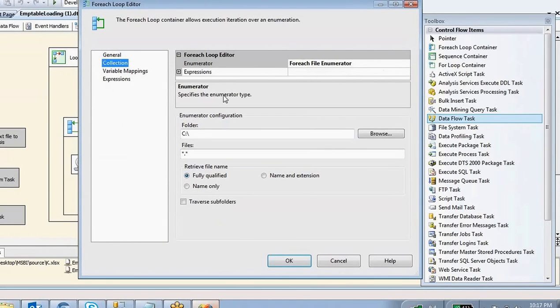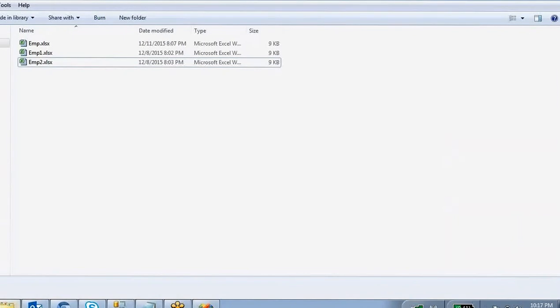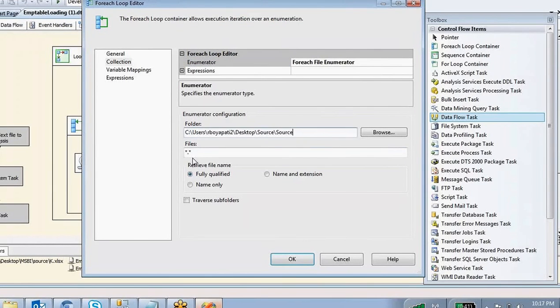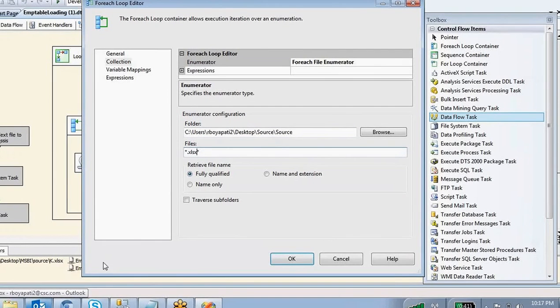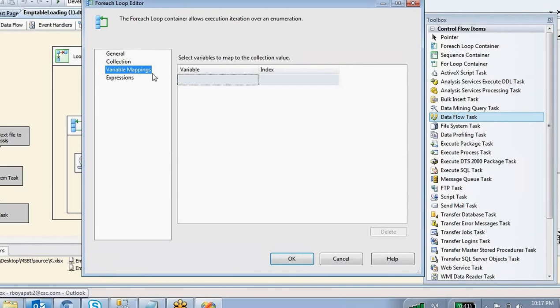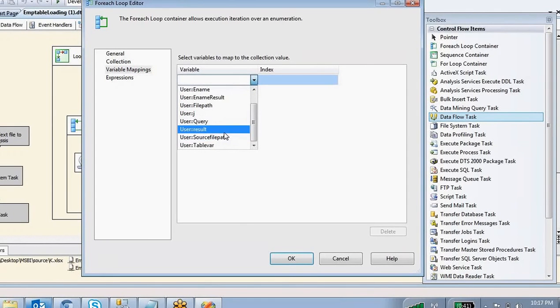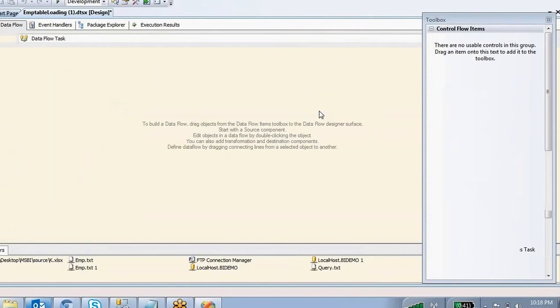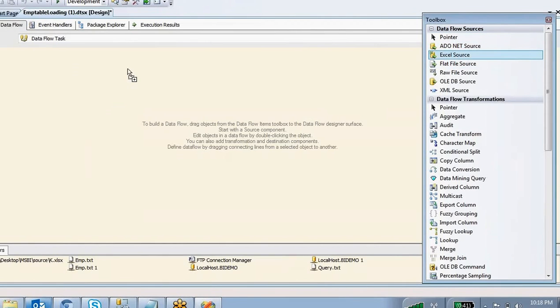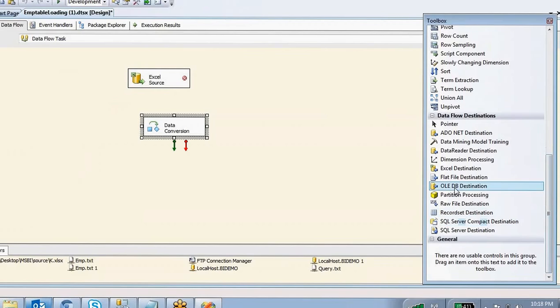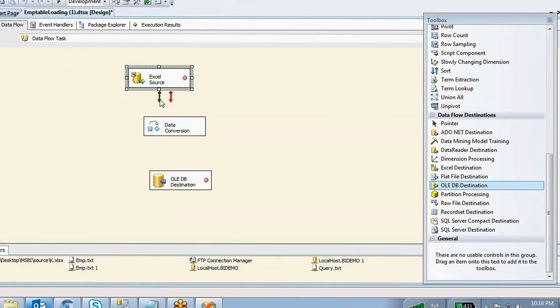The collection is for each file enumerator, the folder path is this one, the file type is xlsx, the fully qualified path I'm going to take, and for variable mappings I'm going to use file path. Click OK. Then come here: Excel source, data conversion, OLEDB destination.